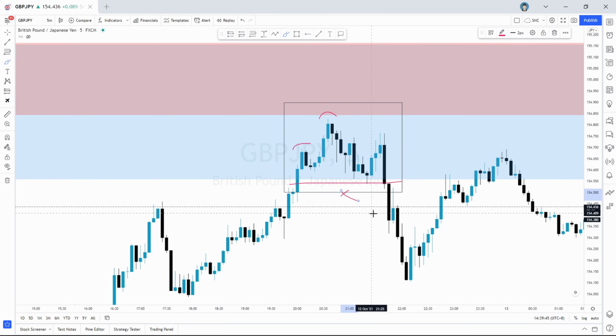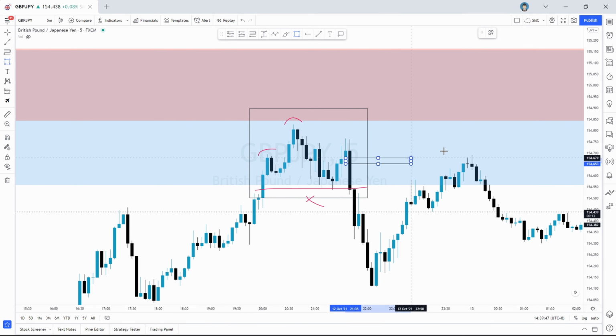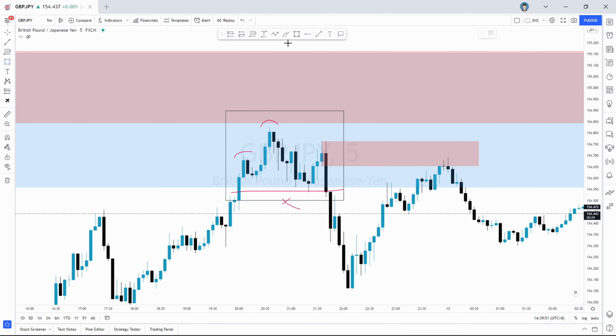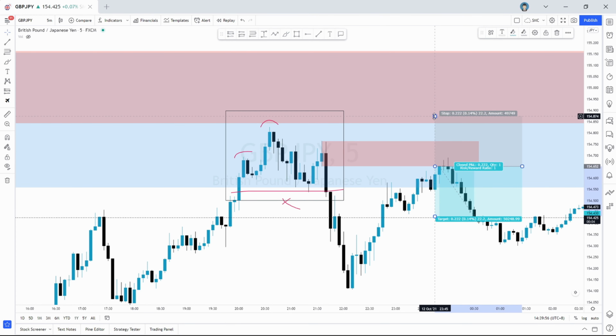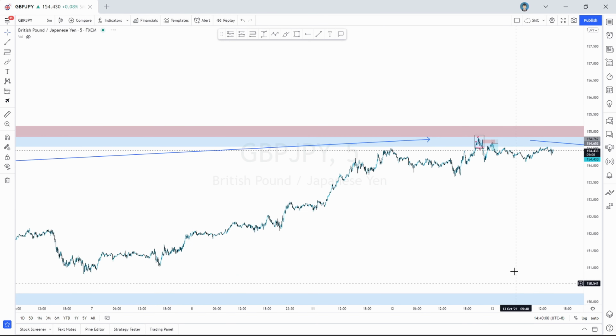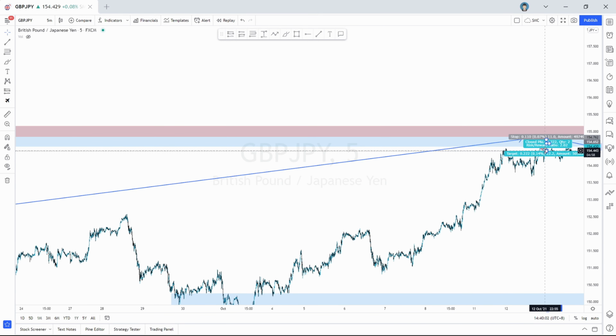As you can see, we see a break of structure over here. Then we can look for entries at this innermost part of the zone. This OB over here in the 5-minute. As you can see, it tapped in beautifully. We're just riding on the retest of that break of structure. Then we can target either